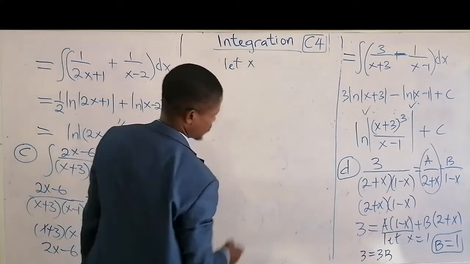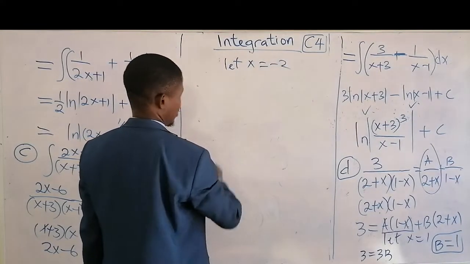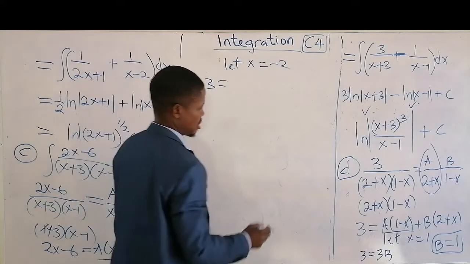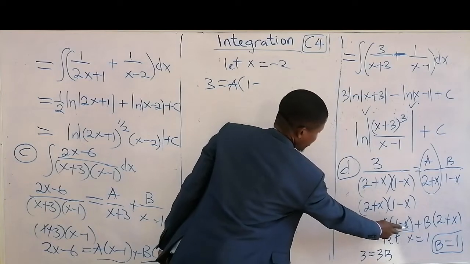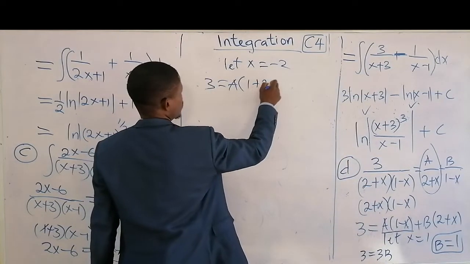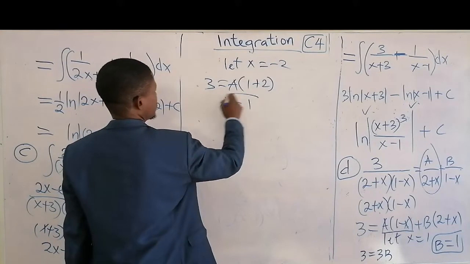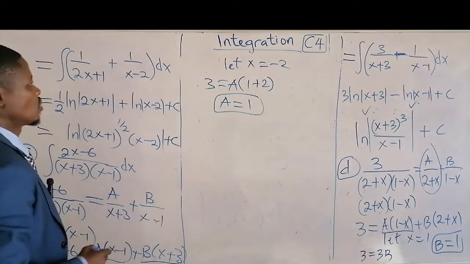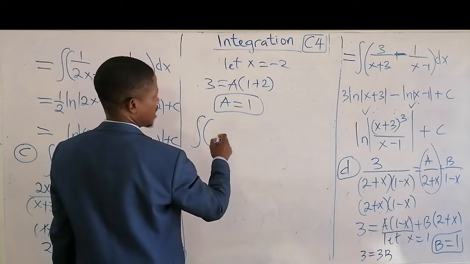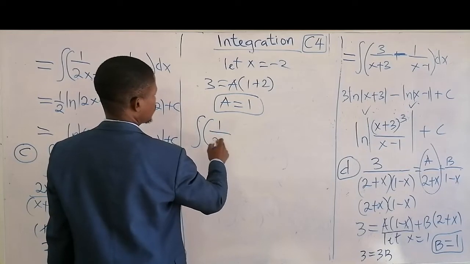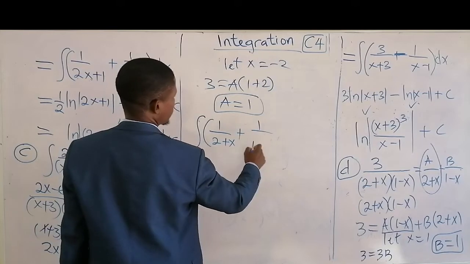Let x also be minus 2, so that will be 3 equal to a times 1 minus this one, that's a times minus 2, becoming plus 2. So that will now become a also is also what? It's also 1. b is 1, a is 1. So we now have the integral of what? The integral of a, which is what? 1 over 2 plus x, then plus b, which is also 1 over 1 minus x